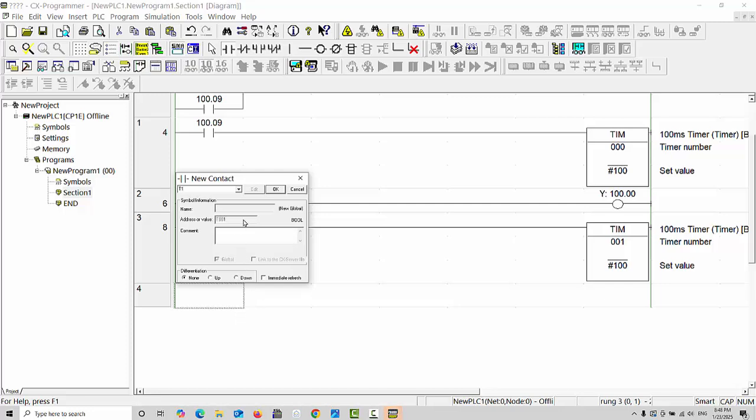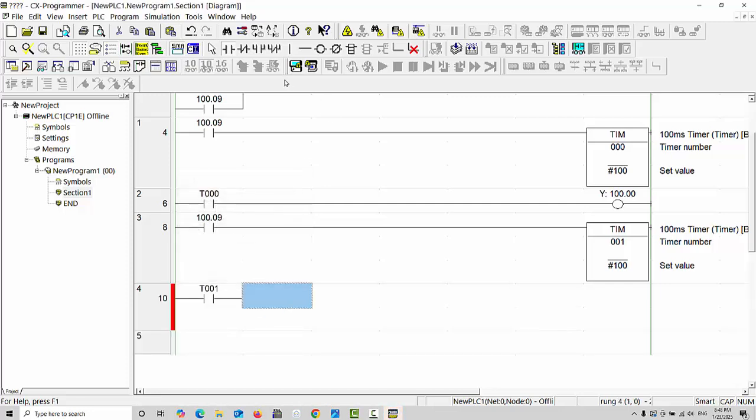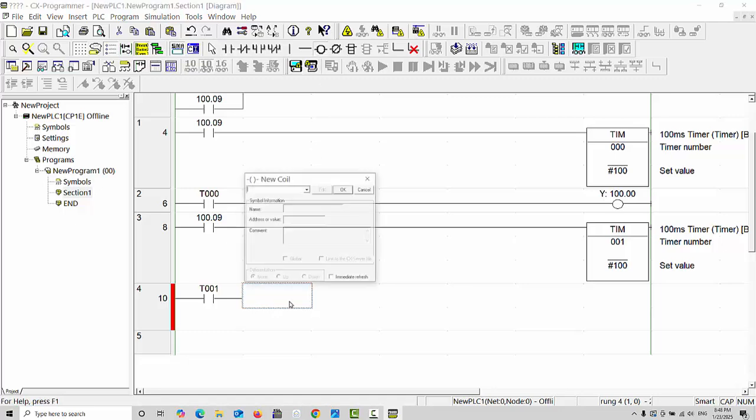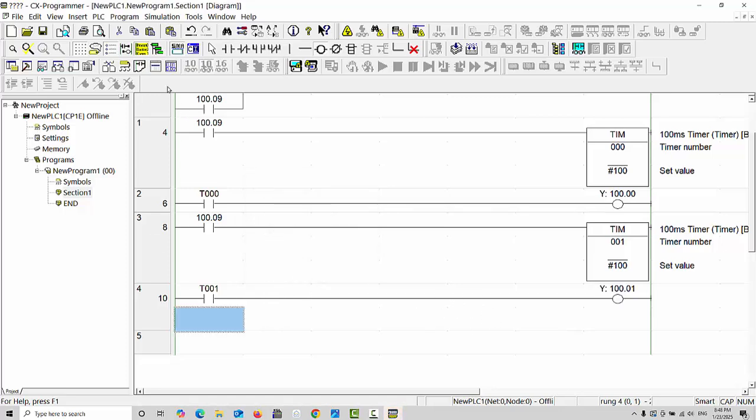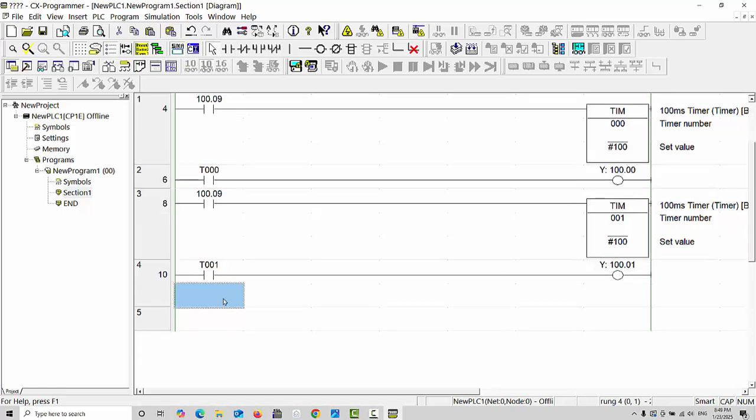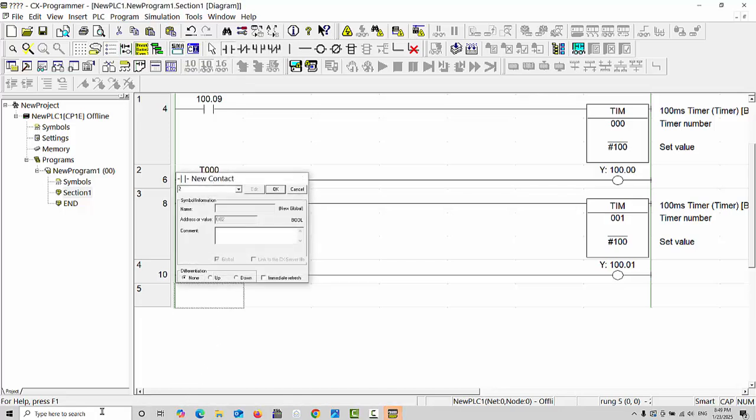And one more open contact we will choose for this one, T1 open contact, and any one output we can use, 100.1 we can use this one. Because when we make it on this one, this timer also will start and this timer also starts, and two outputs make it on and off with the help of these two timers. If you like, one more timer you can use. But in the next row we will choose the input of the T2, no sorry,